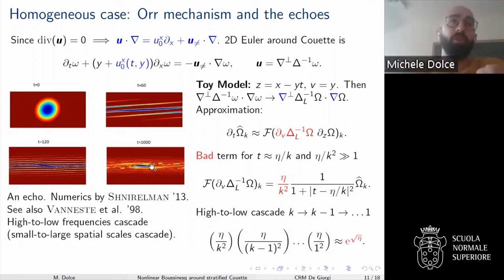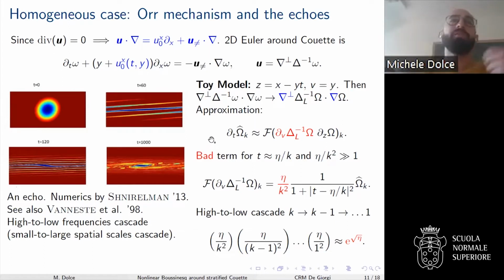This is also known as a high to low frequency cascade that in 2D Euler equations can happen essentially because you do have the conservation of the energy, but also of the entropy. And so you cannot just send all the information to high frequencies, otherwise you would violate the conservation of the energy. And therefore, how to try to quantify this high to low frequency cascade, which, by the way, I forgot to say, was already observed by Orr in 1998, but somehow not with these nice pictures.